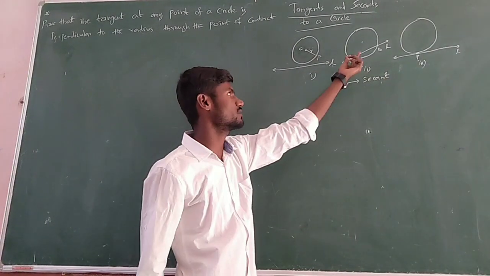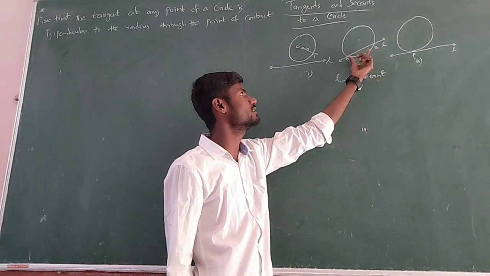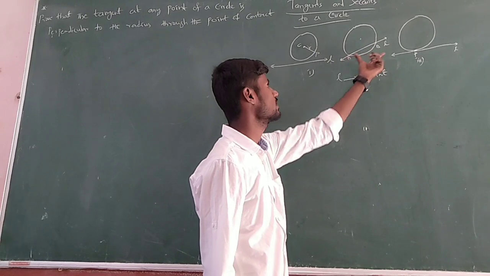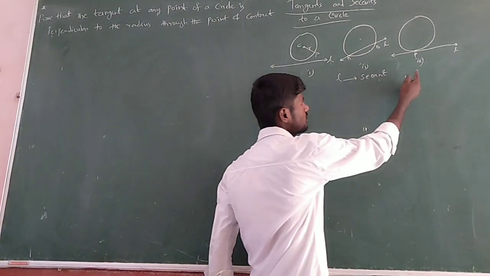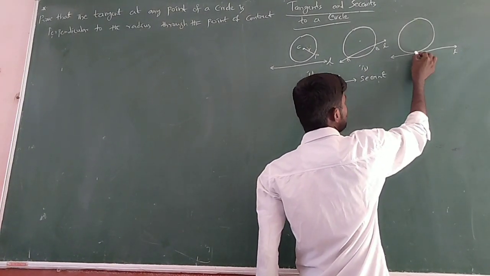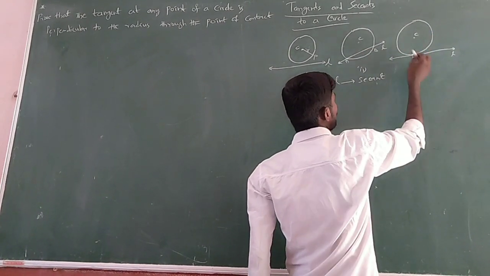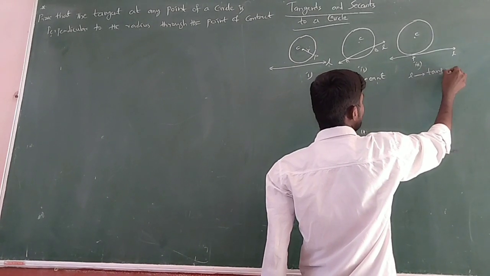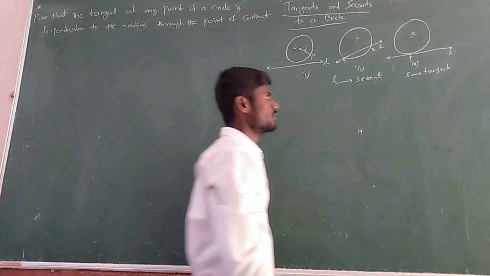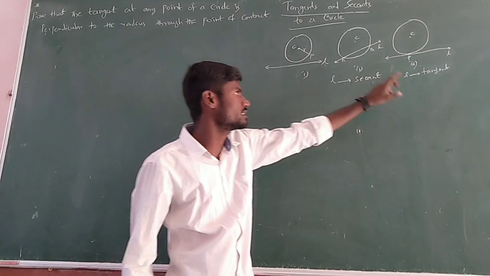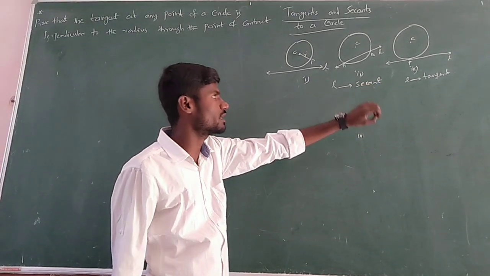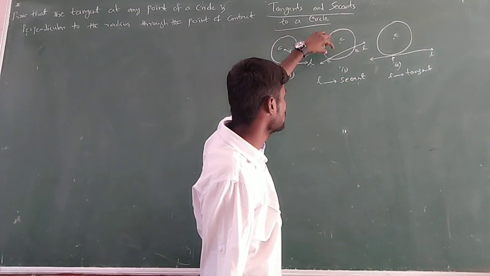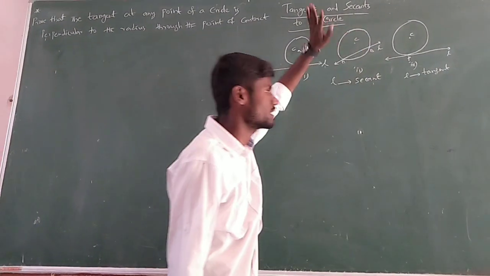Now we know there is also a chord. AB is the chord, the distance from A to B, but L is said to be the secant. Coming to the third situation, here the line L touches the circle with center O at only one point P, then that line L is said to be a tangent at point P. So the point of contact is P. This is regarding tangent and secant. Simply remember, if the line touches the circle at only one point, it is said to be a tangent. If it intersects the circle at 2 points, it is said to be a secant.